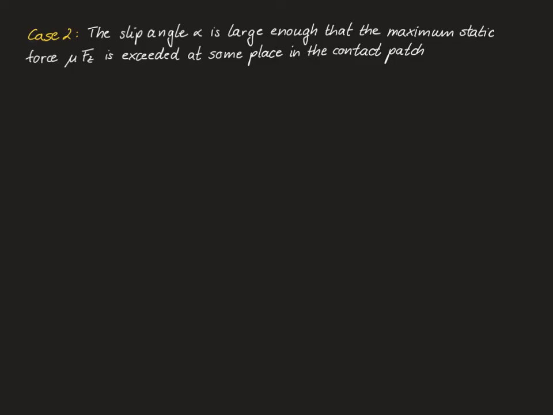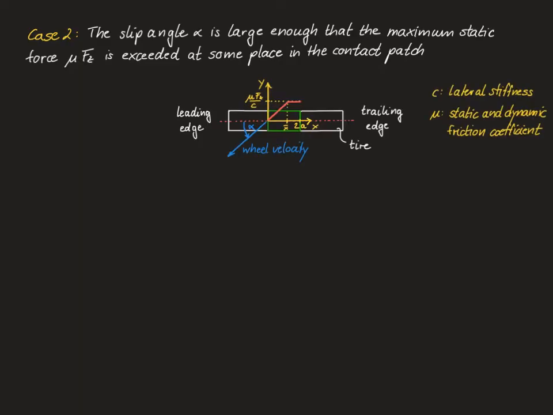Let's proceed to the second case where the slip angle alpha is large enough such that the maximum static force is exceeded at least some place in the contact patch. Looking at this situation in our little diagram, this means that the slip angle alpha has become so large that the direction of the wheel velocity is such that the displacement of the center line reaches its maximum value within